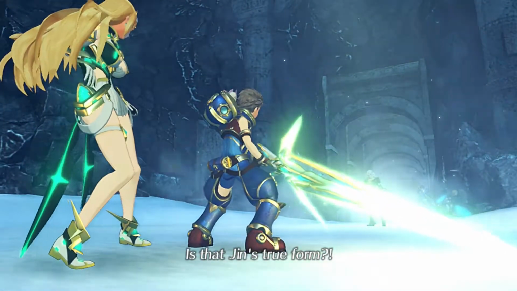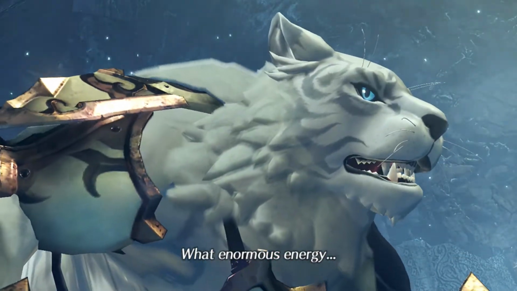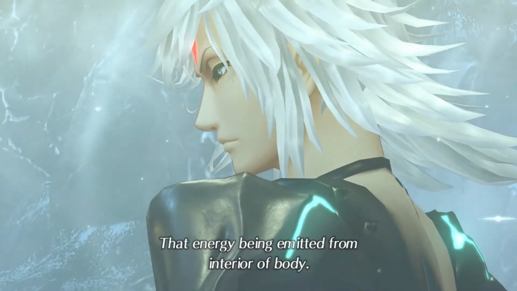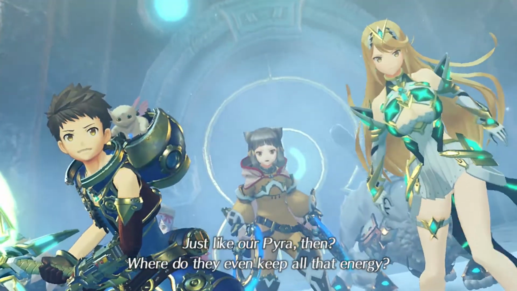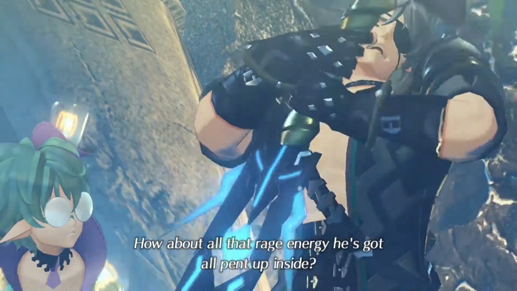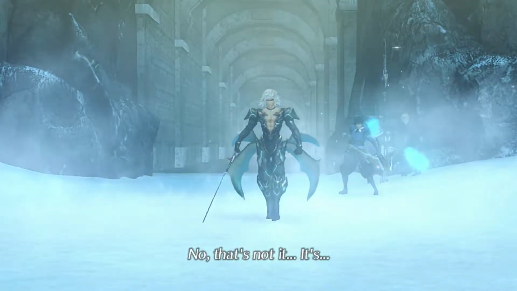Is that Jin's true form? What enormous energy. There's no change to the ether energy of the surroundings. That energy is being emitted from the interior of his body. Just like our Pyra then. Where do they even keep all that energy? How about all that rage energy he's got all pent up inside? No, that's not it. It's...